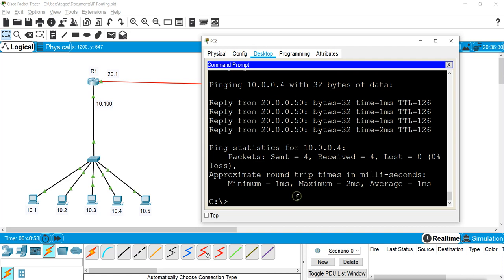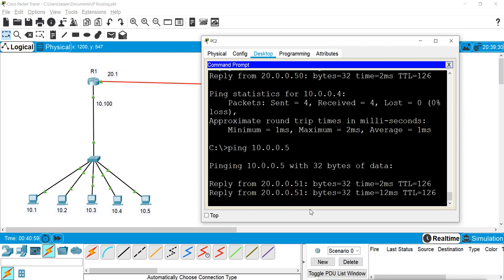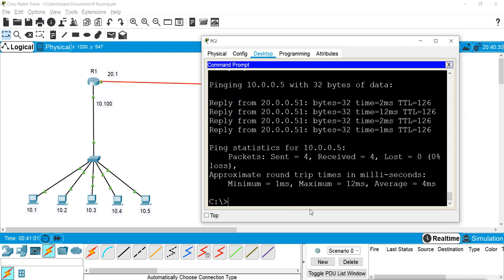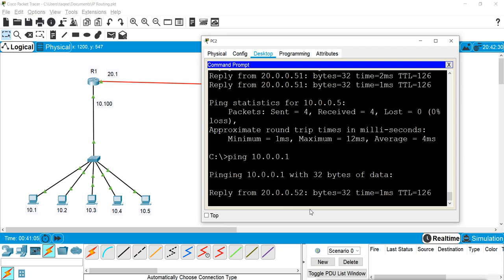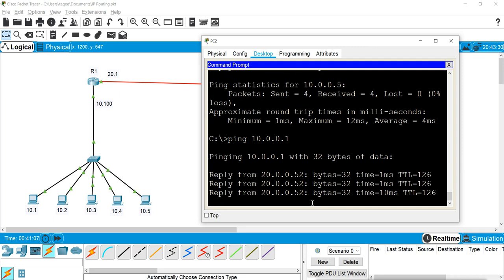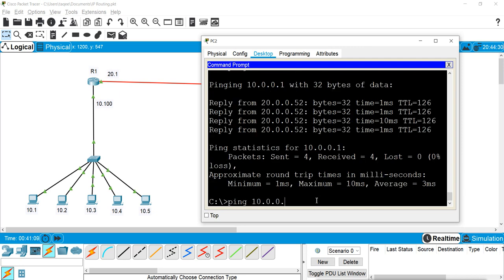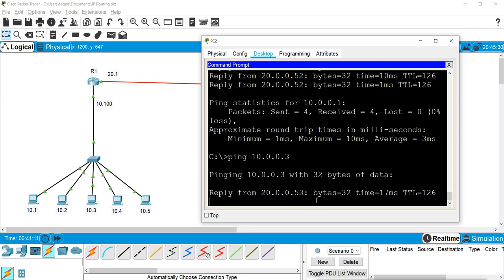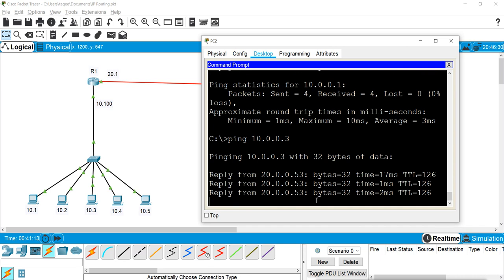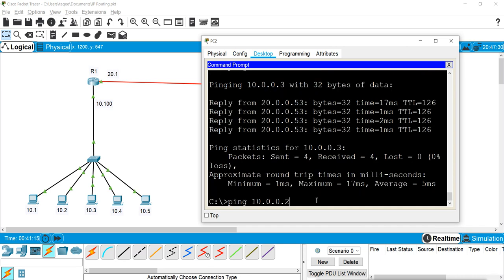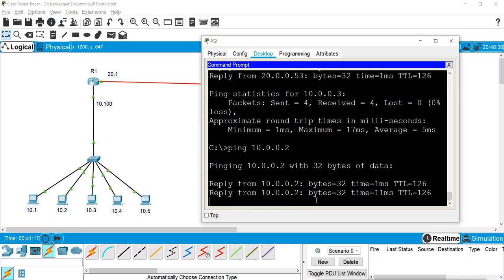Next, let's say 10.0.0.5 comes, it gets the next available IP. Then let's say 10.0.0.1 comes, it gets the next IP. 10.0.0.3, it again gets the next IP. 10.0.0.2. Now it is not getting any IP.